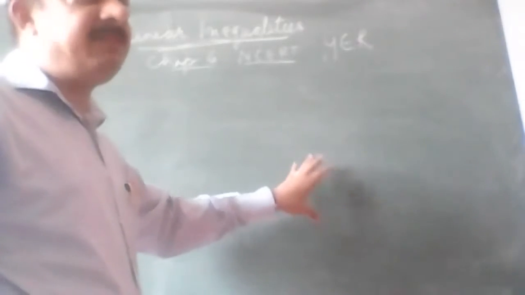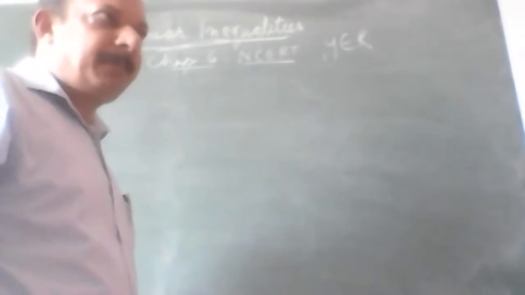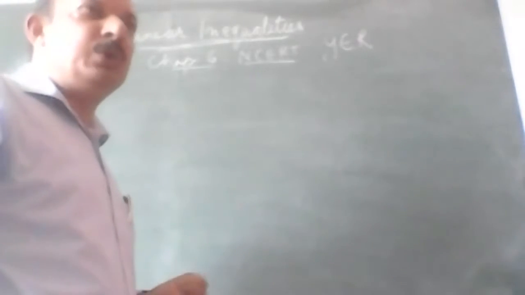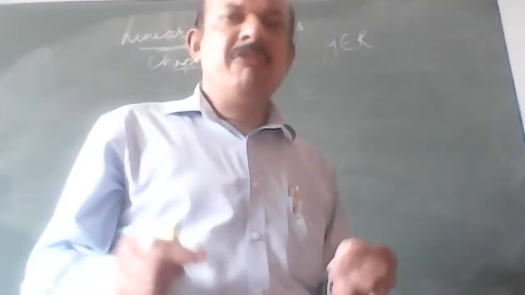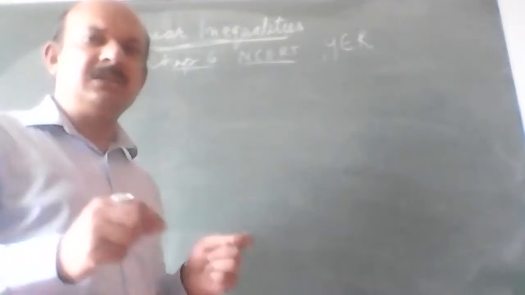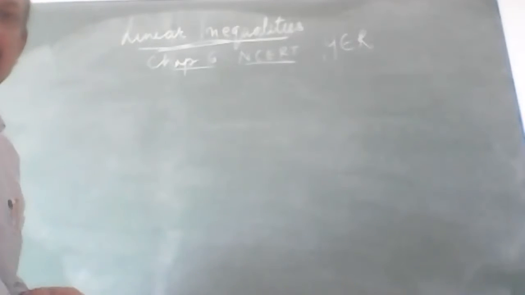Now, how to depict these? We have discussed just now that we have open and closed intervals. When we have open and closed intervals, it is not always that we'll have the real number system. We may have the natural number system. We may have integers. We may have whole numbers. In all such cases, how would you depict them on a number line?